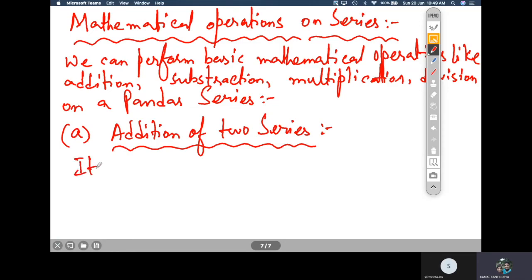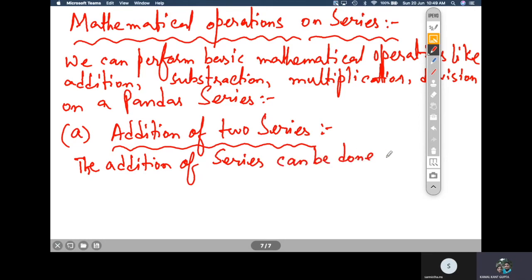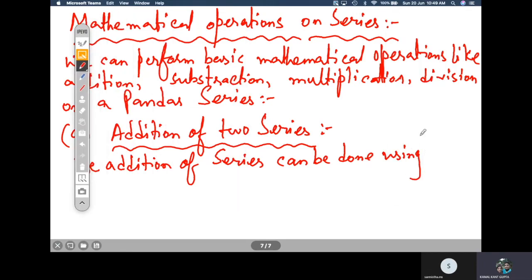Now addition of series can be done using two ways. Now what are these two ways?